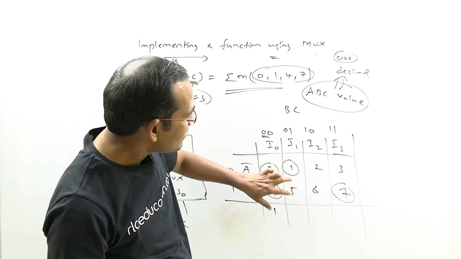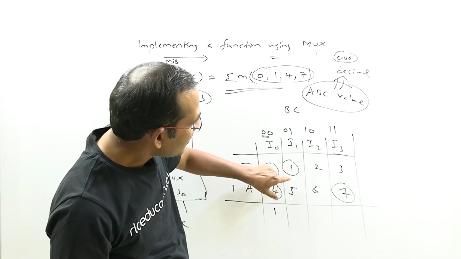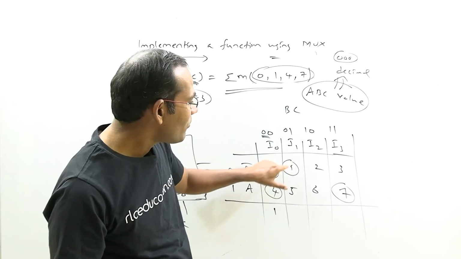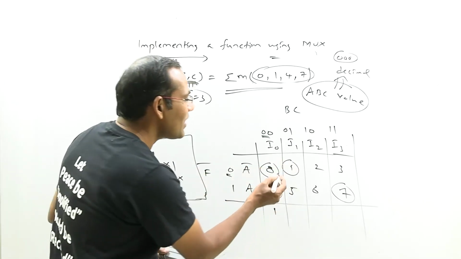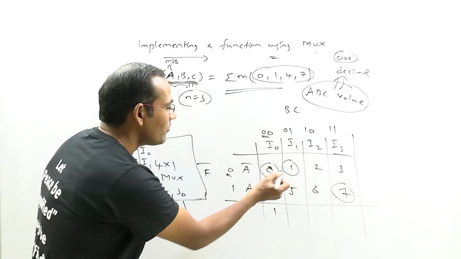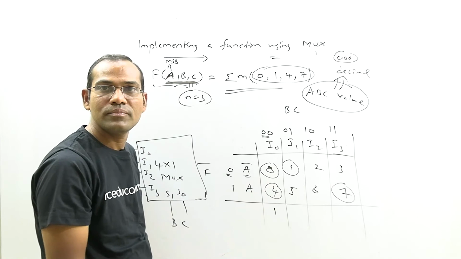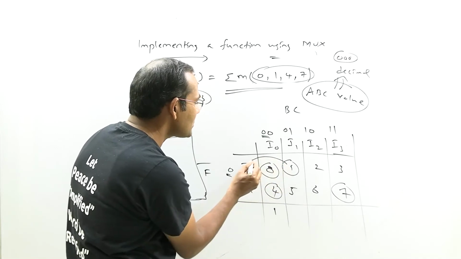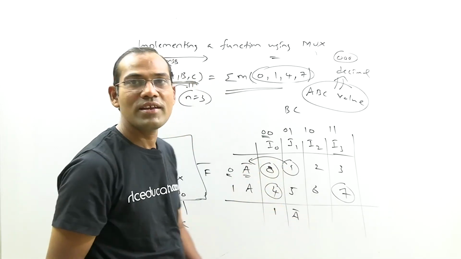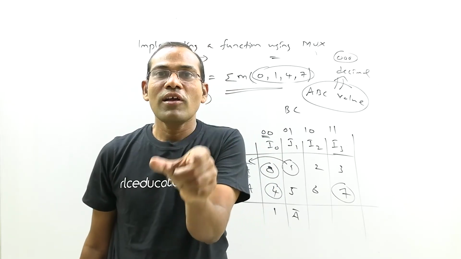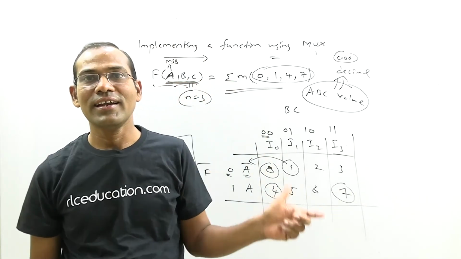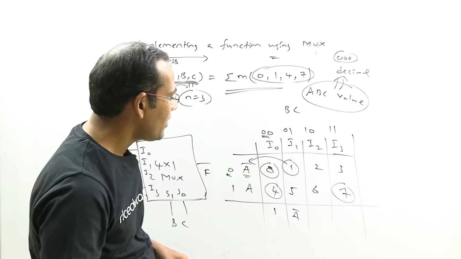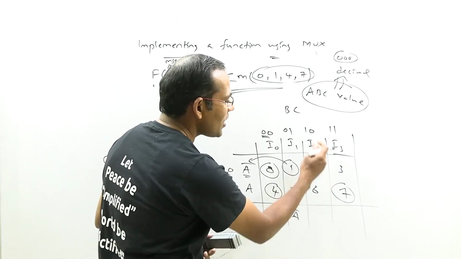And if you observe the next values 1, 5, only one number is circled. When both are circled, we have to write 1. When only one number is circled, write the row variable. For this row, the variable is A bar, because the circled number is here. If only one circle is there, write the row variable of that circled number. So here 1 is circled, the corresponding row variable is A bar. When both are not circled, 0.